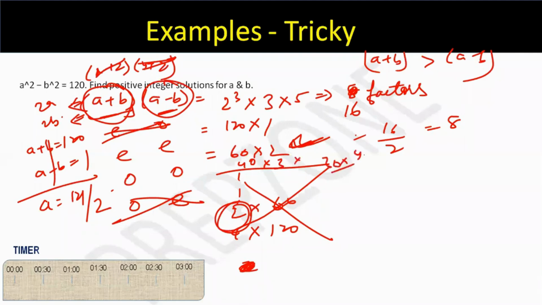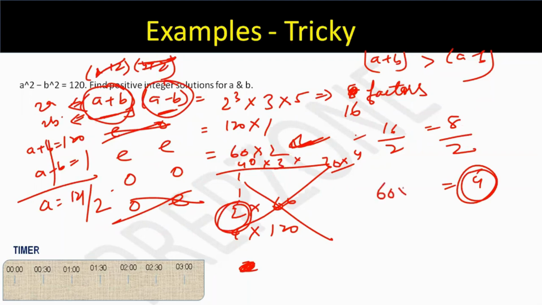ठीक है, odd into odd वाला केस नहीं हो रहा है, but then by symmetry I can say कि यार या तो दोनों even होंगे या फिर दोनों ही odd होंगे, which means final answer should again be divided by 2. Why? Because 4 में से 2 cases directly eliminate हो रहे हैं, and hence final answer has to be 4. Or what you can do is तुम यहाँ से directly भी you can just check कि both of them has to be even,